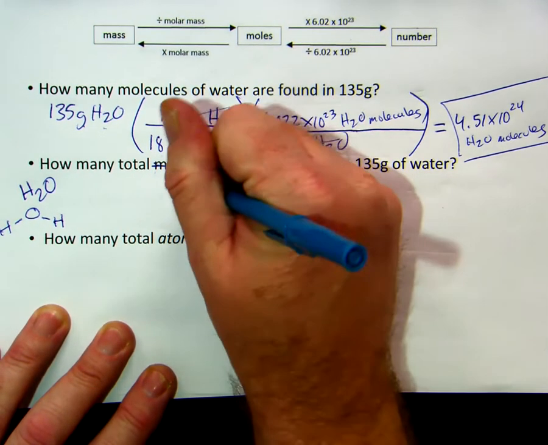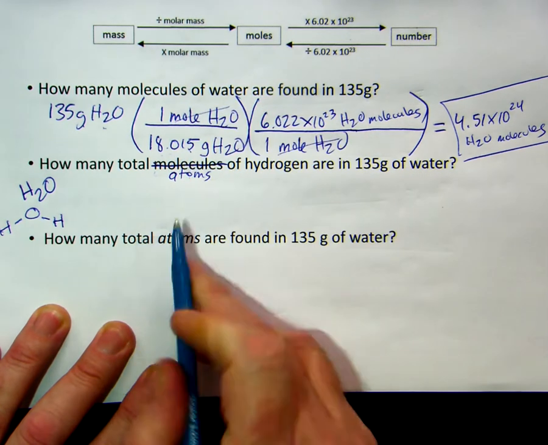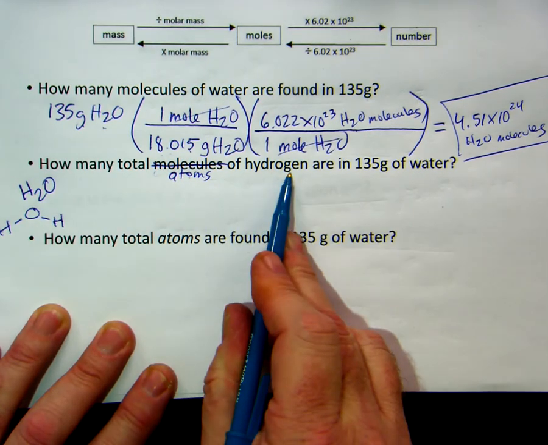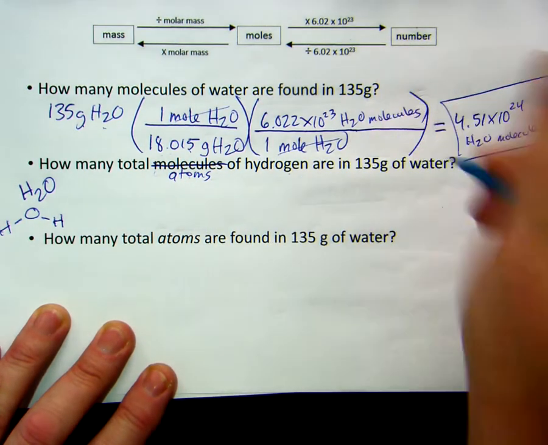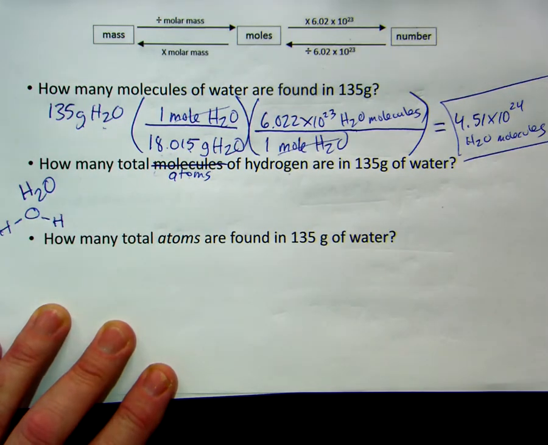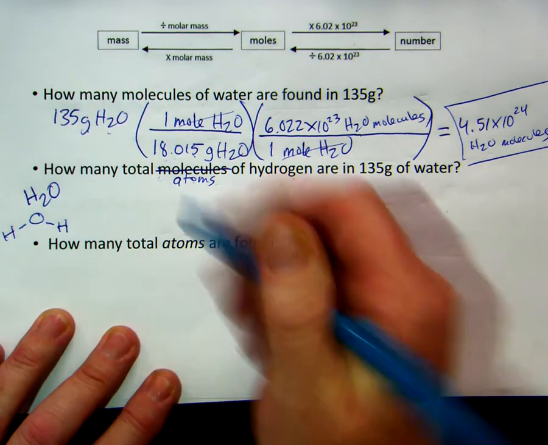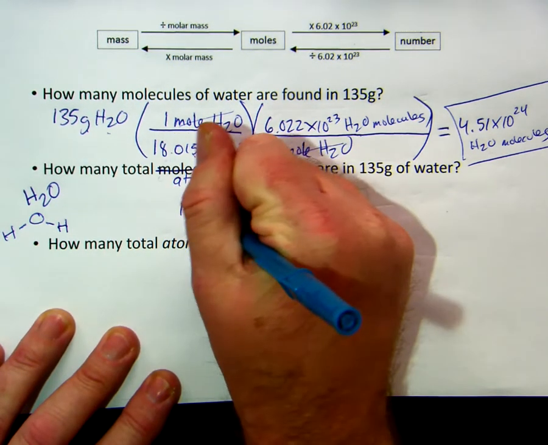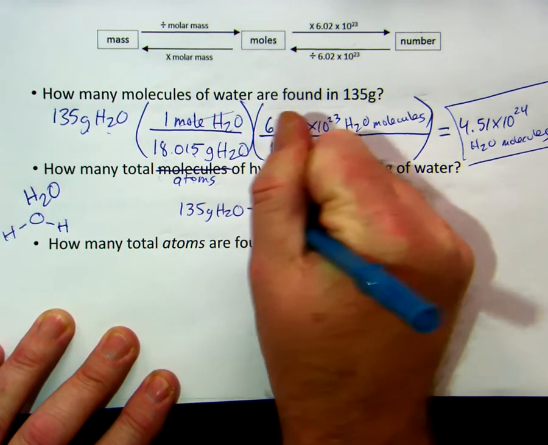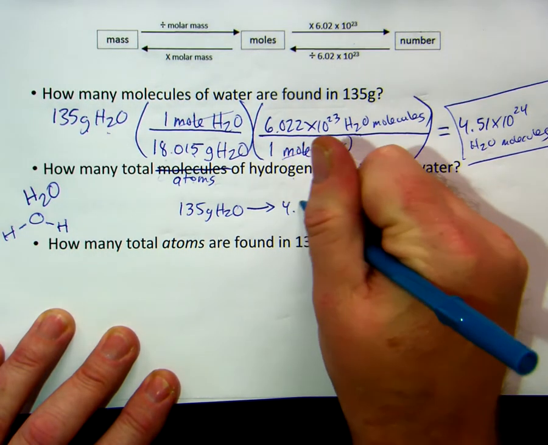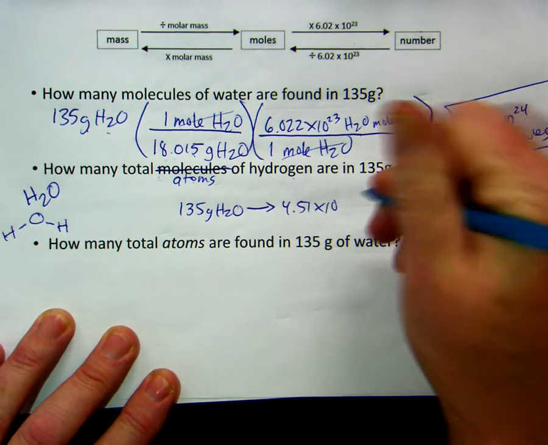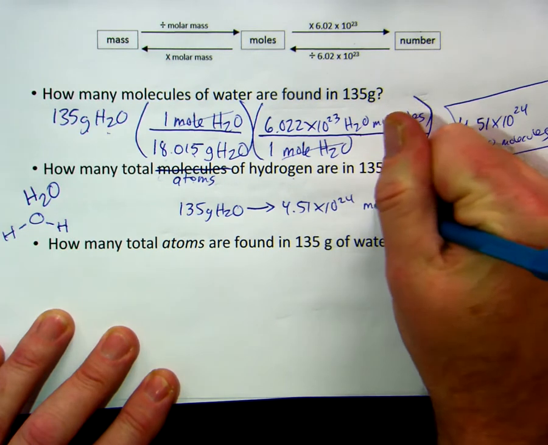This should be atoms. How many total atoms of hydrogen are in 135 grams of water? So we already did the work for 135 grams of water. The last question said that 135 grams of water is 4.51 times 10 to the 24th molecules